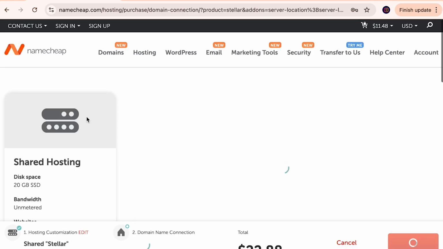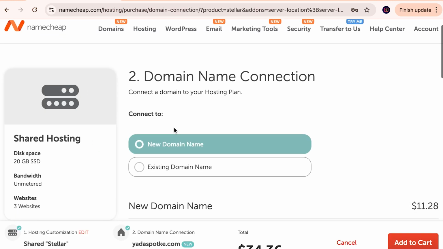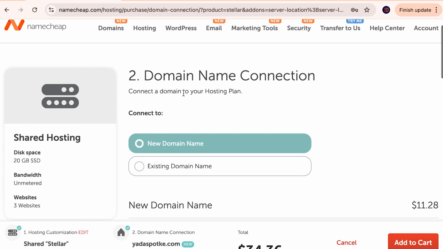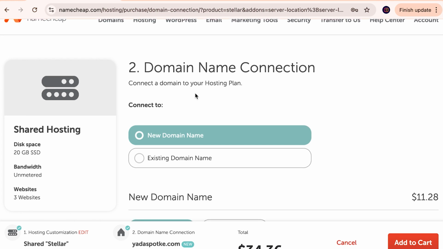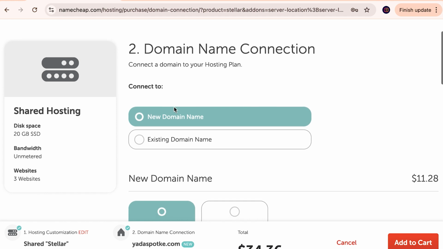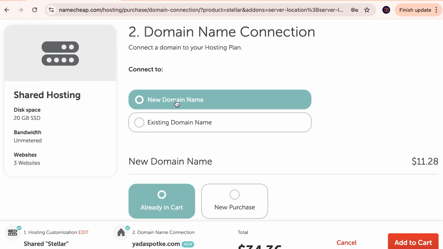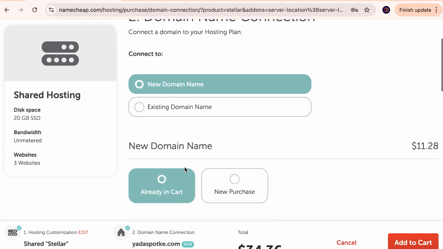So let's proceed and get started now. You will be taken to the configuration page where you are requested to add more items. You already had the domain name, so they're asking you where you need to connect your domain. You will just say you're connecting to a new domain, and if you already have a domain name, then you